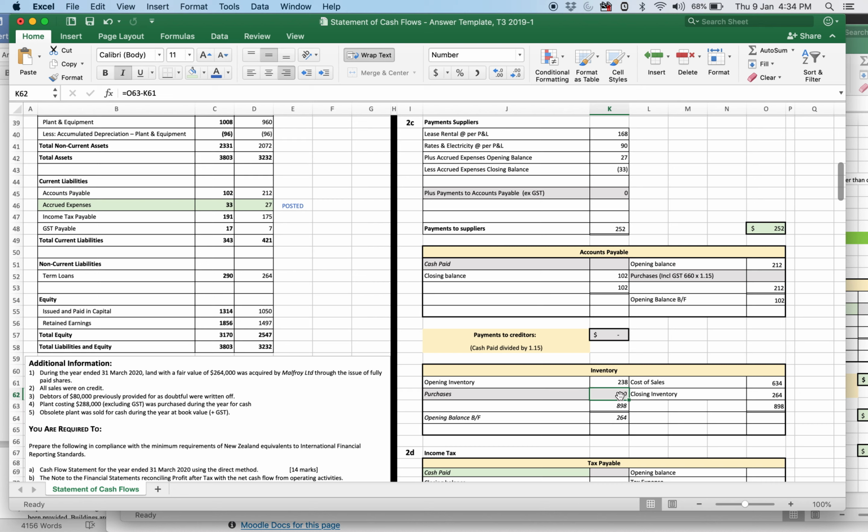That tells us we've purchased 660,000 from that year. So that means that in accounts payable, we would have had purchases of that. Accounts payable is a GST inclusive ledger, so that's that. Okay, so 759. That's the amount of purchases. So how much payment to creditors will be